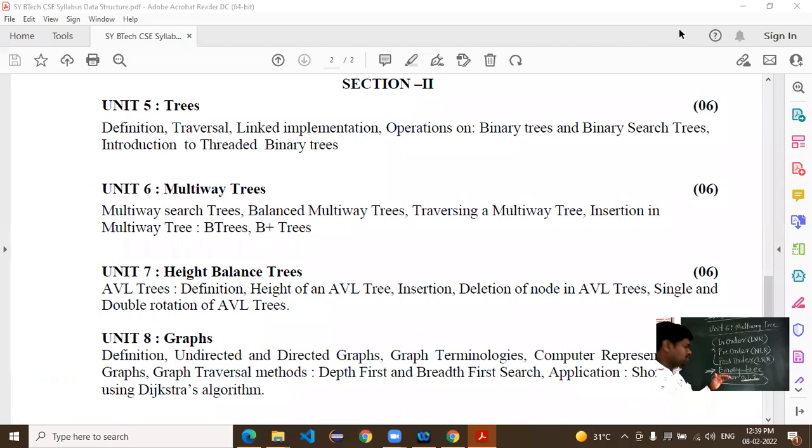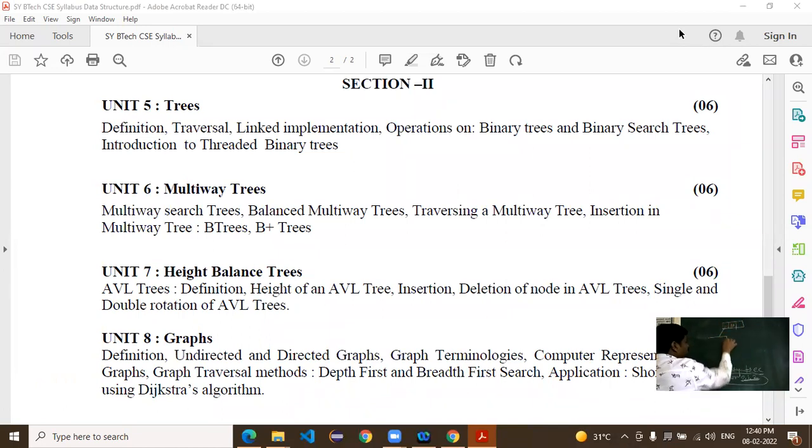Now after that, in the threaded binary tree, what is the new thing we have introduced? Suppose this is your root node, and the value 10 is there.